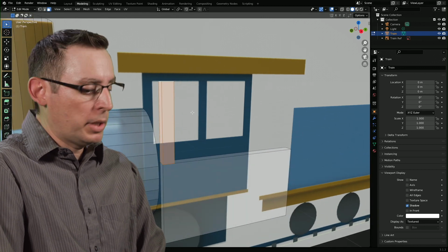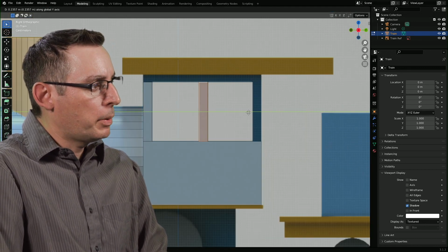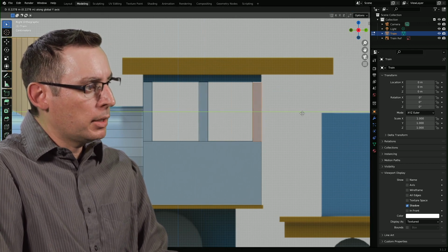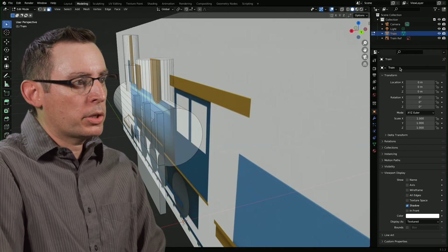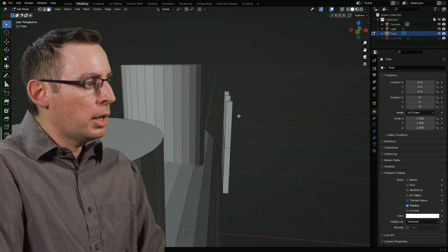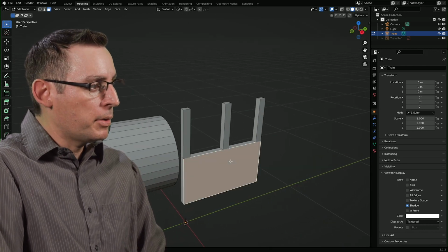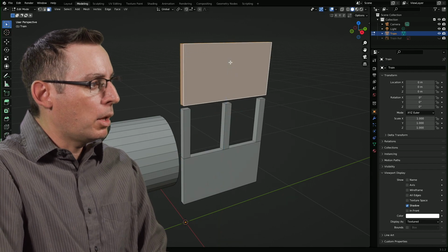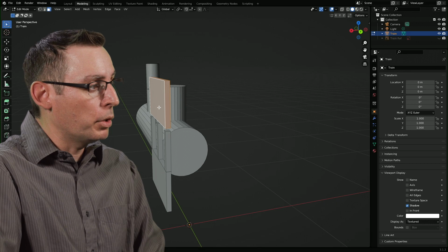Okay, and I want to duplicate that two other times. Shift-D. There's one post right there. Shift-D. There's the other post right in there. Voila. Now we have a wall panel. If we turn off our reference image, yeah, now we have a wall panel, which is starting to look pretty good. I'm going to grab this bottom part one more time, Shift-D, and move it up along the Z-axis. I want to use that exact same thickness to create this small little roof, okay?